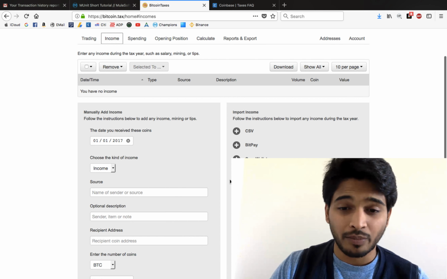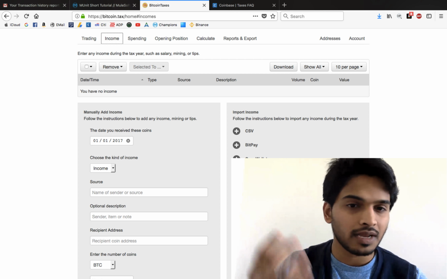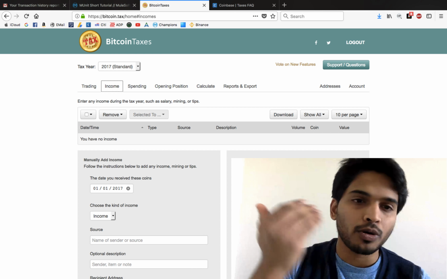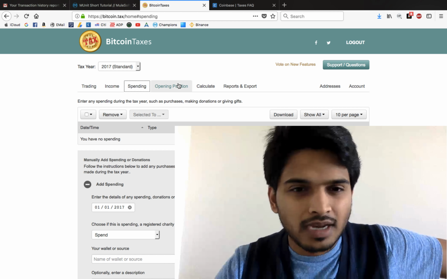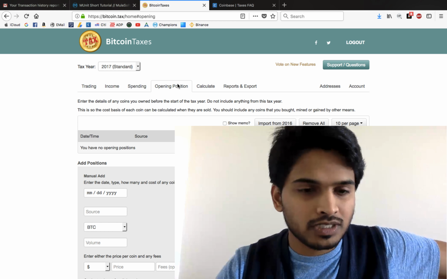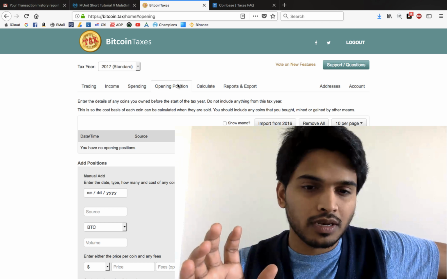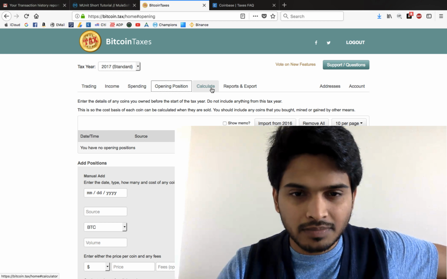And if you are mining, just click on mining and give that digital address, whatever the machine number is, and all. You might get familiar as you explore around this Bitcoin taxes site. In the spending, it all depends on how much you did, and they have got a lot of options. You can put in your information and calculate the